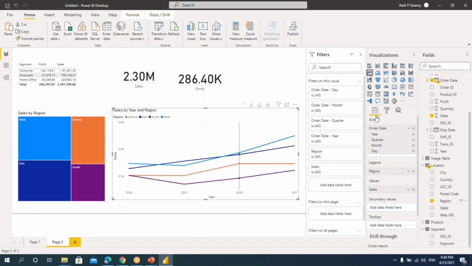So you don't have to bother too much about plotting the charts. You just have to plan the reports. So likewise, I can create my visualizations on this canvas. There are so many other things we can do. I can add some buttons here, and also I can add some slicers here.